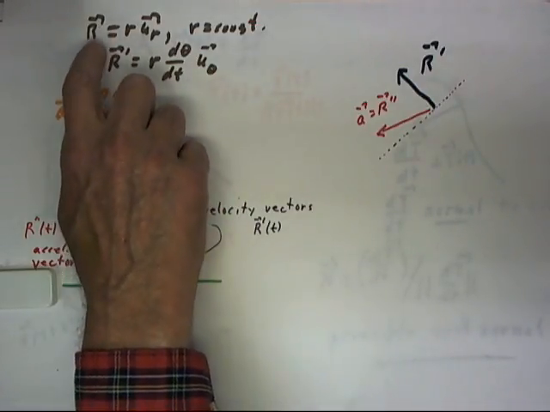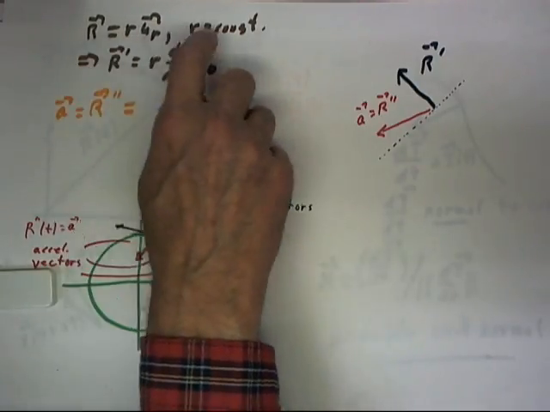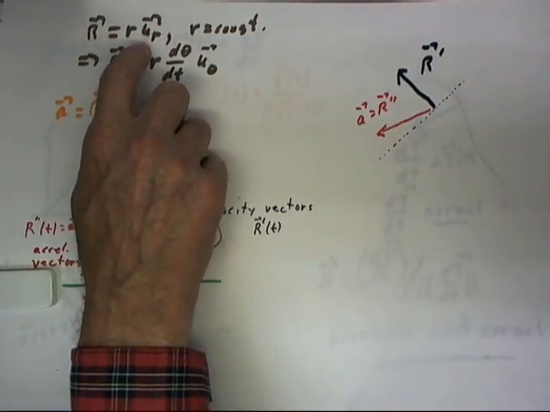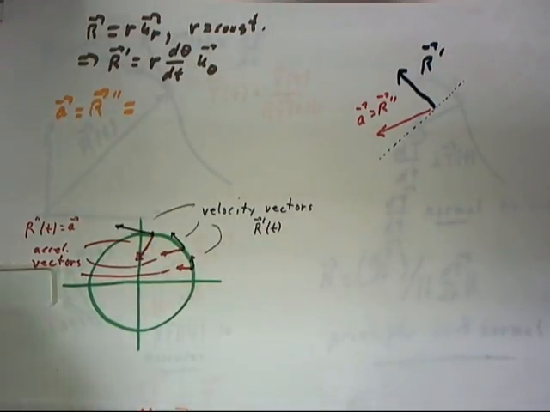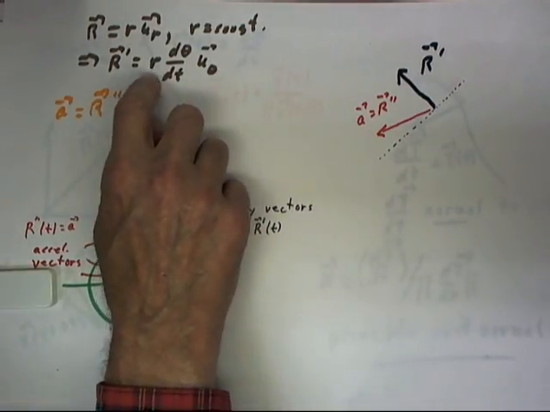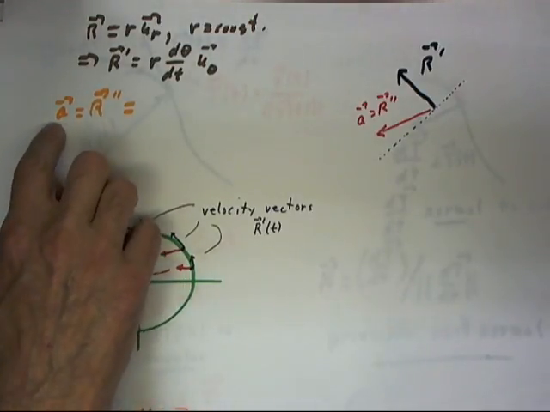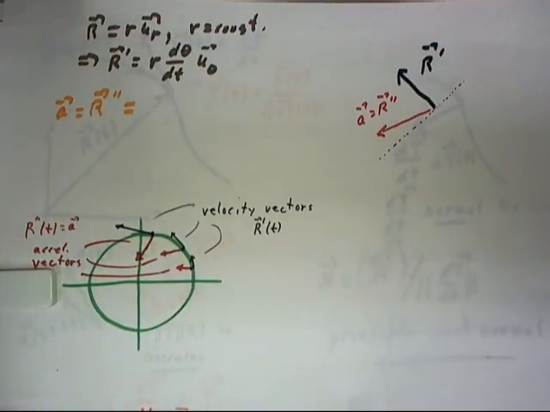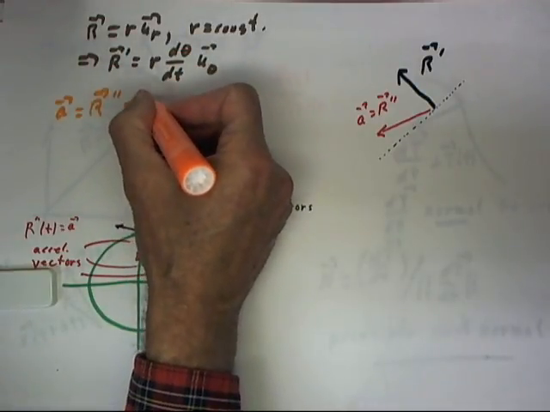As we've just seen, if we express a vector function r of constant magnitude in terms of the unit vectors in the r and theta direction, the polar unit vectors, then r prime is equal to r dθ/dt times u theta. We want to know what the acceleration function is and how that's related to everything else. So the acceleration function is r double prime, and that's going to be the derivative of